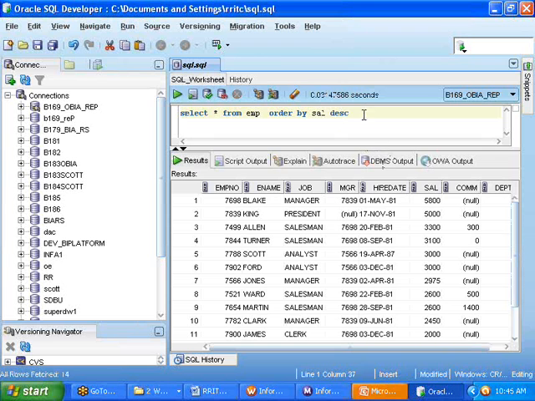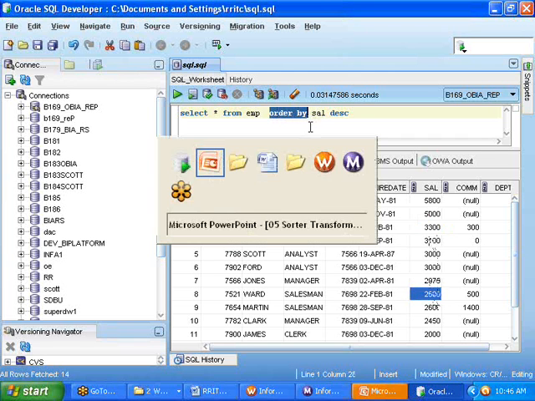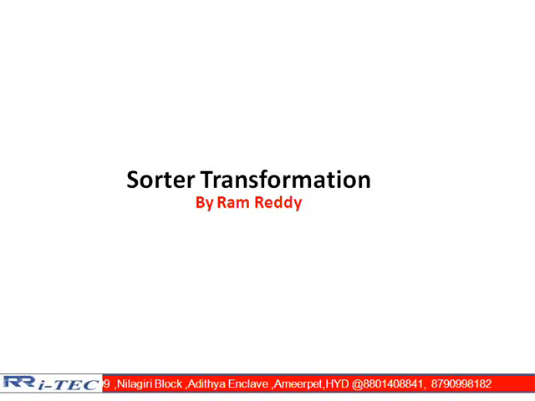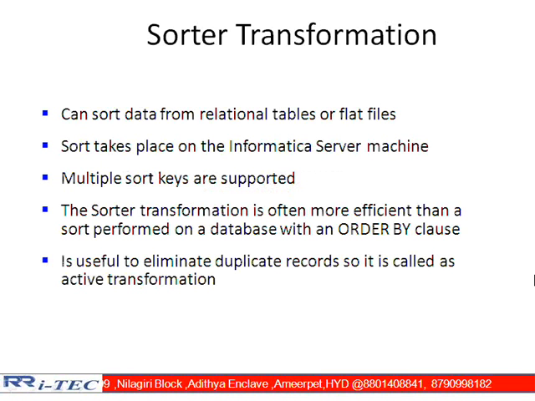DS you will write, we will get the 5000 and 5800, whatever values are available, those values you are seeing here. Now, this order by thing only we are going to do in our Informatica by taking help of one transformation. The transformation is called the sorter transformation. Right. If you go for the sorter transformation, first point is